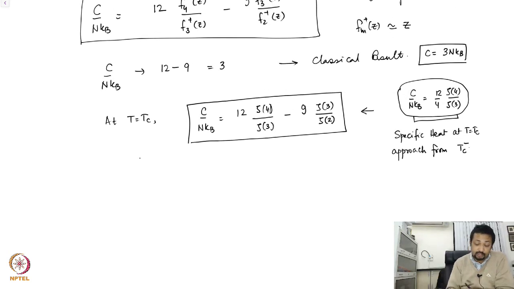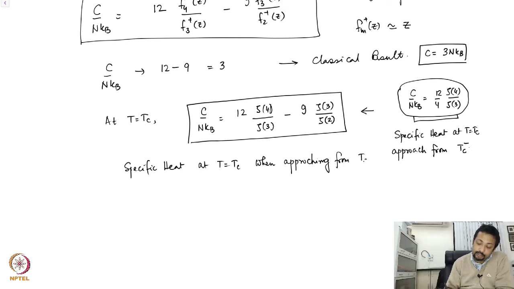In contrast, specific heat at T equal to Tc when approaching from Tc plus. So this is your Tc. Tc plus is approaching from this, Tc minus is this, and when you approach from Tc plus, you get this